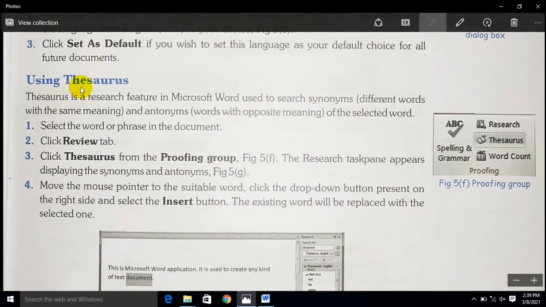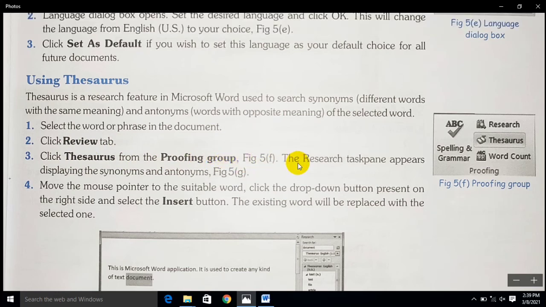So the next topic is using the Thesaurus. Thesaurus is a research feature in Microsoft Word used to search for synonyms, different words with the same meanings, and antonyms, words with opposite meanings, of the selected words. Select the word or phrase in the document, then right click, or click on the Review tab, and in the Review tab click on Thesaurus. Here, in the Proofing group,